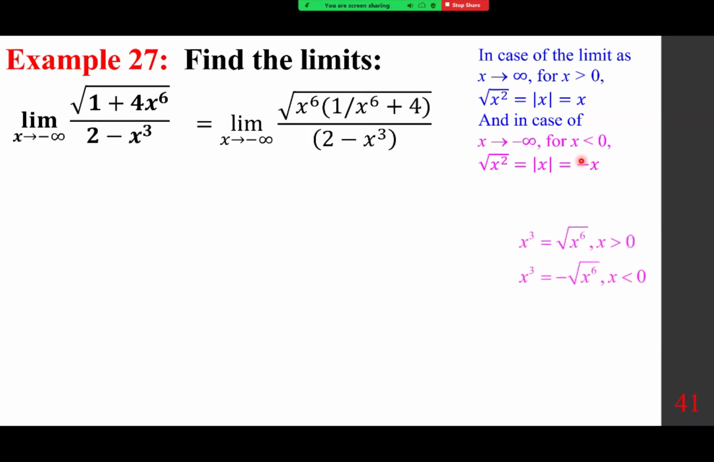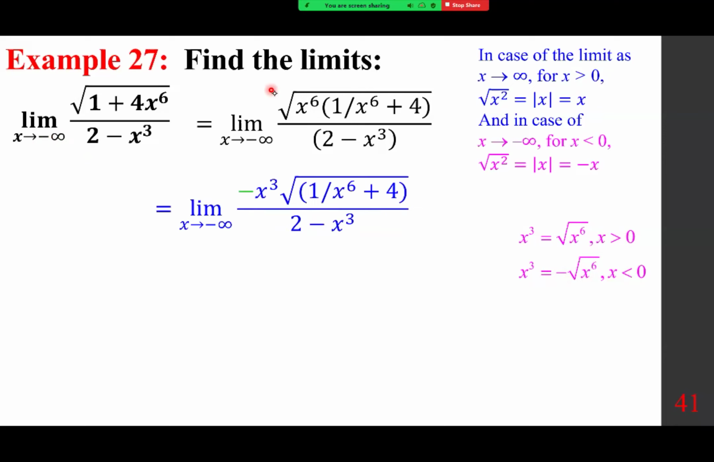Therefore, when we are looking at the square root of x to the power of 6, if x was approaching positive infinity, we would go with x cubed. Because it's approaching negative infinity, when x is less than 0, it changes to minus the square root of x to the power of 6. And therefore, when it comes out, it creates a negative sign. And now,